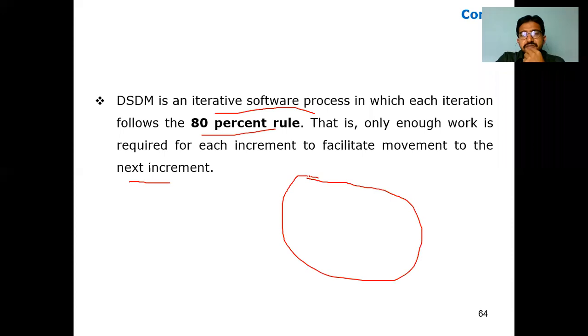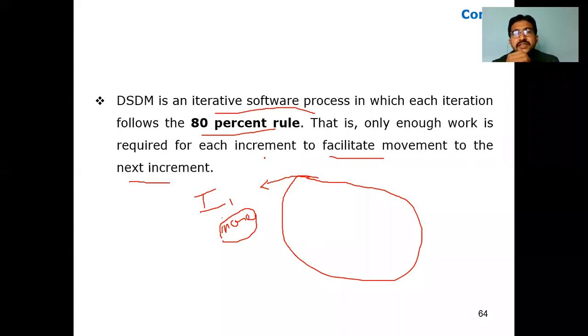Now when it is released as a first iteration, for the i-th iteration I1, it releases an increment, right? So the Pareto principle talks about how this increment can be used for the first iteration in such a way that maximum facility movement is in each increment. It is not the way that we have another iteration, another increment, such that we can update things in the second increment, in the second iteration.